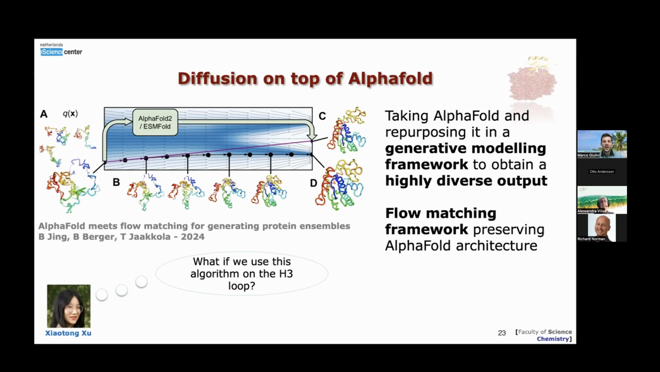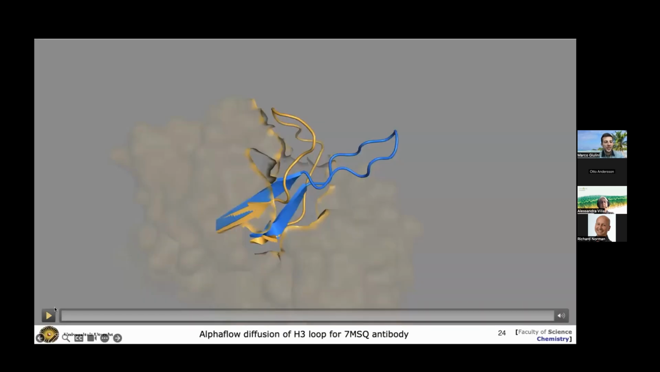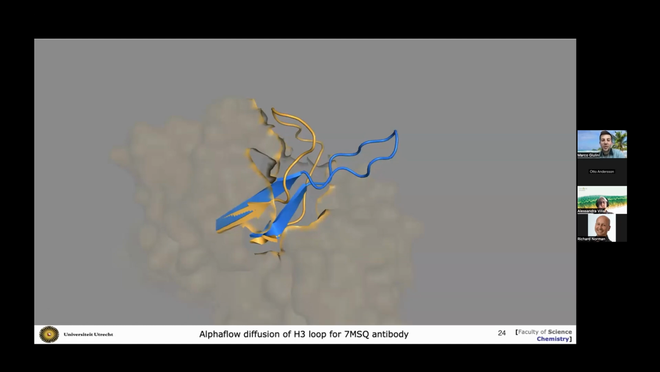So we tried the algorithm. Here I'm going to show you our results. Here you see the H3 loop of the antibody 7-MSQ. In orange, you see the experimental structure of the loop, in which the loop is kind of folding back onto